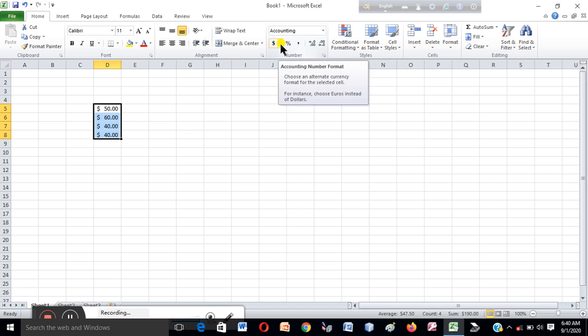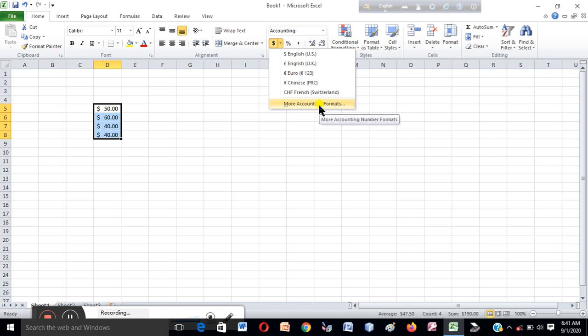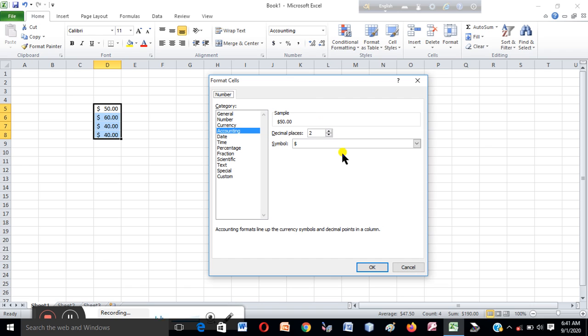And not only that, when you click here, you can see different types of currencies are there, and when we click on More Accounting Formats, and from this portion, in the Symbol portion, if you go, then we can get our Indian symbol, that is rupees.